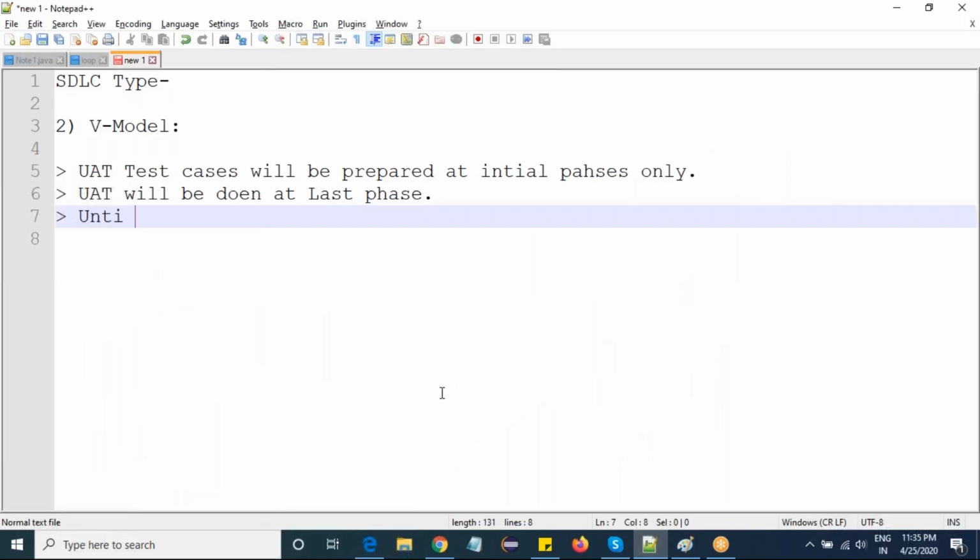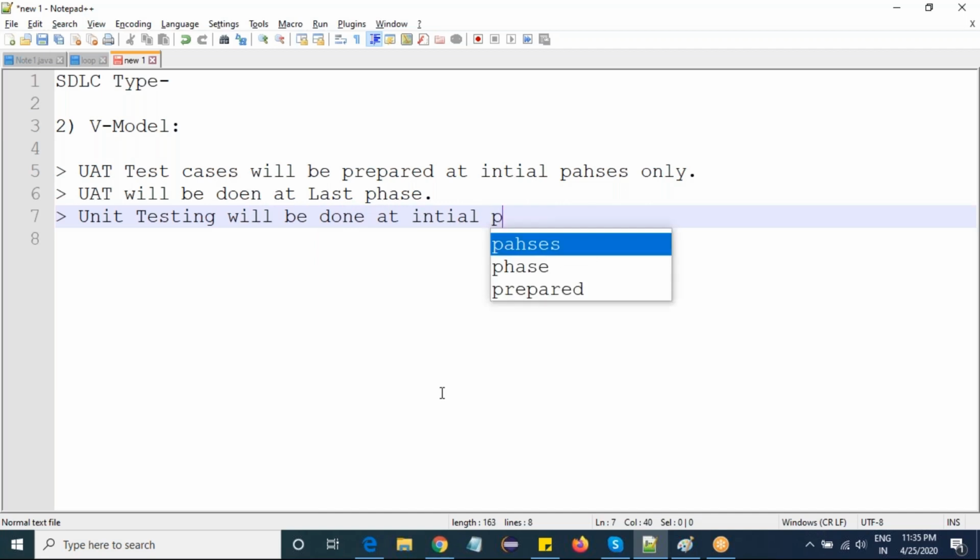So unit testing will be done at the initial phase.